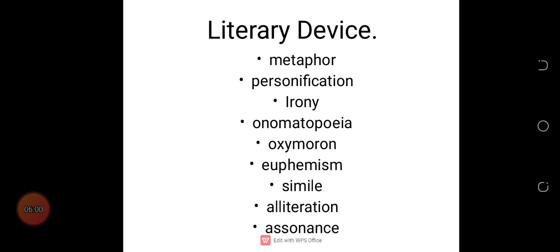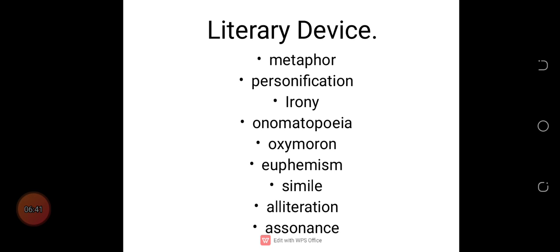Then we have personification, where human qualities or features are given to inanimate things, objects, etc. So where we say that the table has 4 legs, tables do not have legs, they have stands. So we are giving human qualities to that thing. Or where we say that the sun smiled at me, the sun cannot smile, the sun can only shine. And so if you use that word smile, it means you are saying that the sun has human features. So that is it about personification.